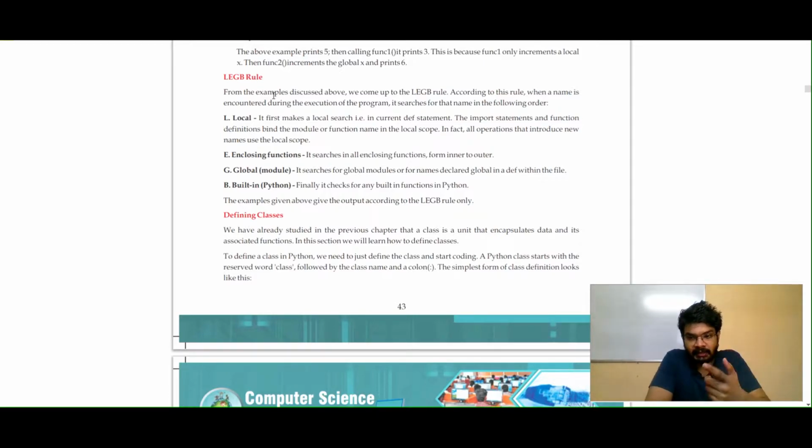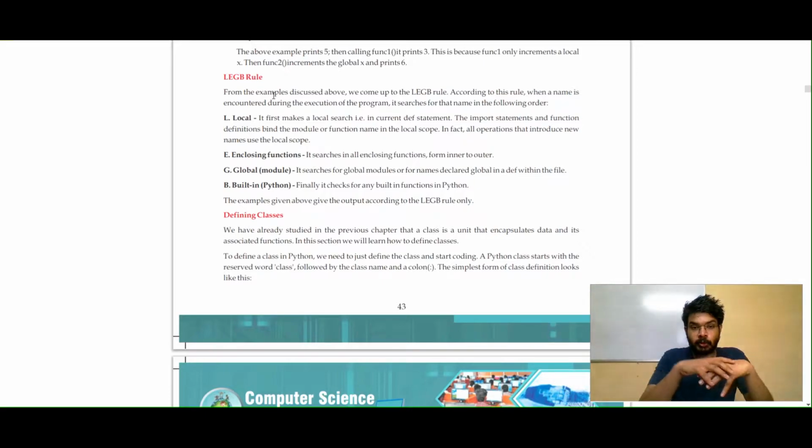If it doesn't, then it will expand its scope and go beyond, to the enclosing functions. A function within a function can also be enclosed. So it will check the enclosing functions as to whether the value is present in those or not. If the value is present, then that would be utilized.